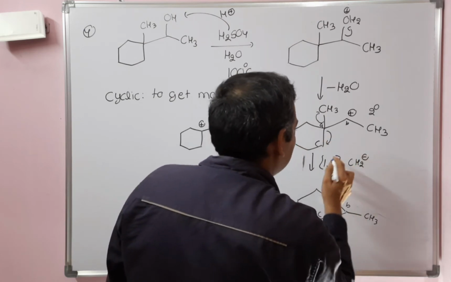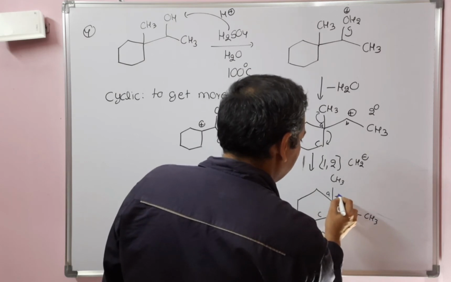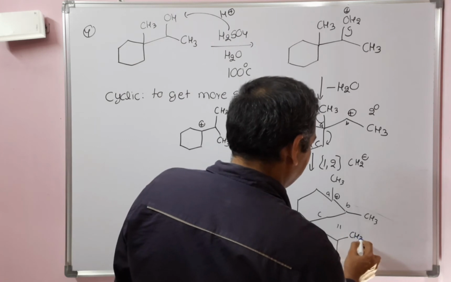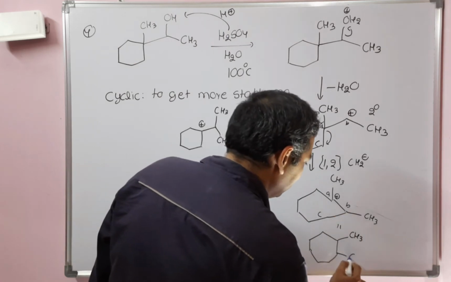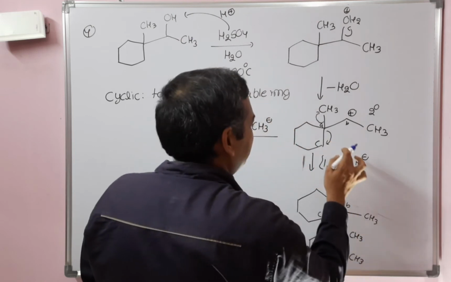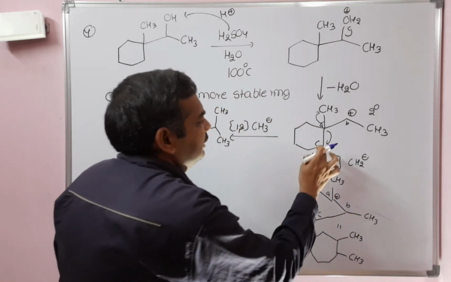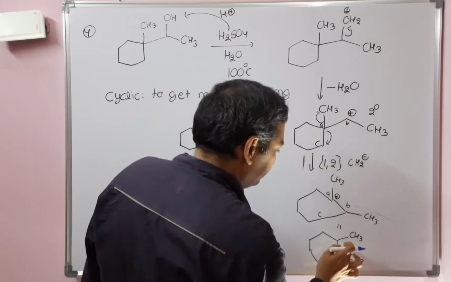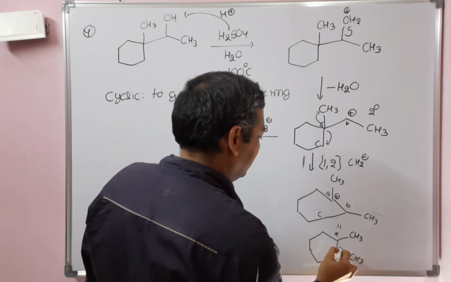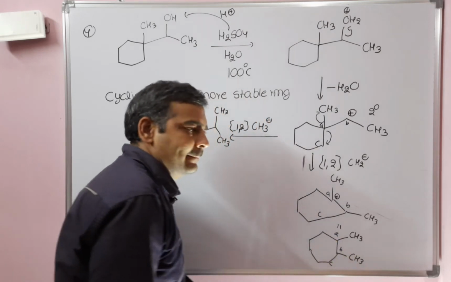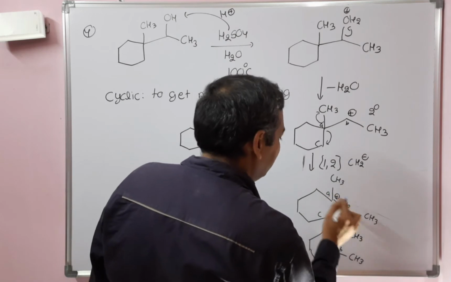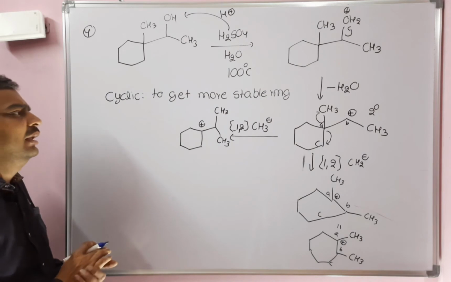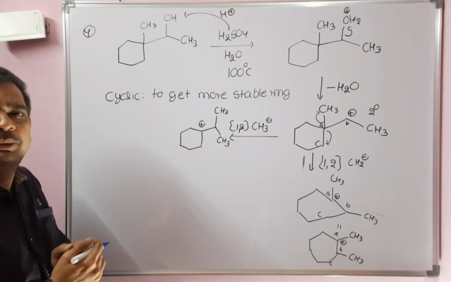So where is this one? Since it is taking place, here it is a positive charge, right? And CH3 and CH3. This bond will shift from here to here, A, B substitution. So this is A, this is B, this is C, and the carbocation is at A. Here it is the positive charge. Now see which rearrangement is preferred here.